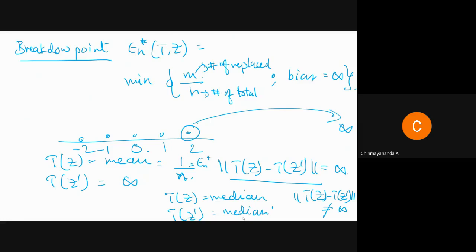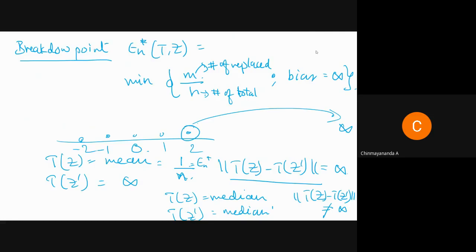The minimum number of points that you have to replace by infinity so that this whole metric becomes infinity is 50%, or it depends on the number of points, it can be one more than that. But asymptotically, as you take n to a large number, it becomes 50%. So this much is clear. This is one thing that we have when we talk about robust estimation.